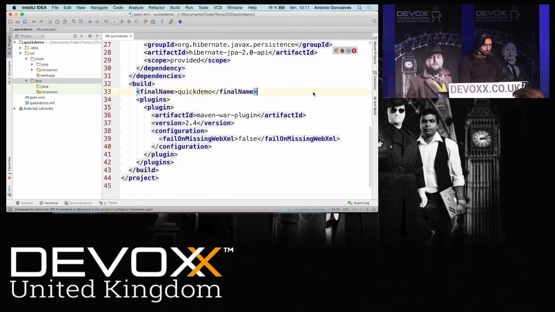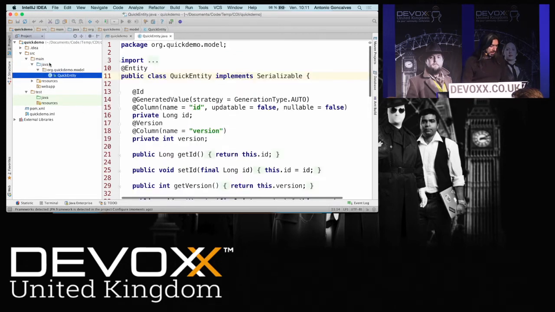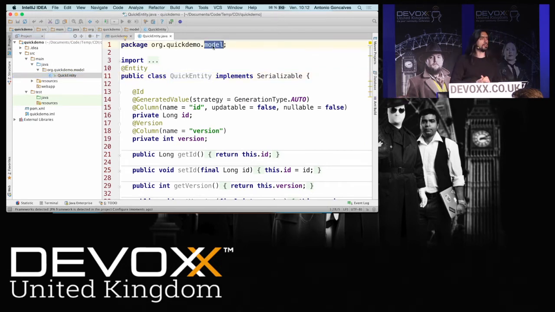First of all, my pom.xml has been updated. Here I have a BOM, the Java EE6 BOM, and Forge is telling me that I'm using JPA 2.0. In fact, in Java EE6, it's JPA 2.0. It has created an entity by default under a package called model, but I can change that.